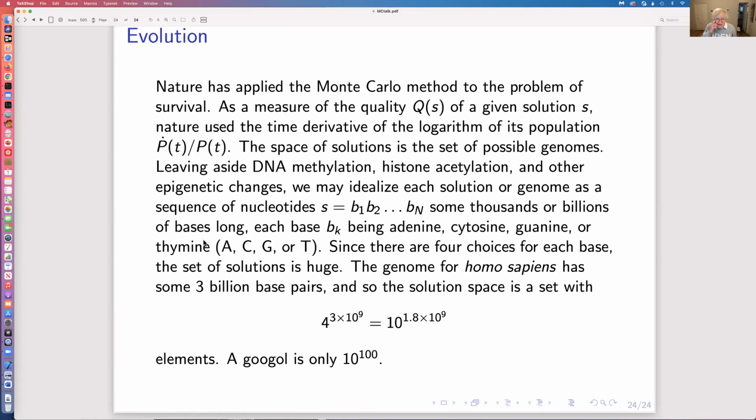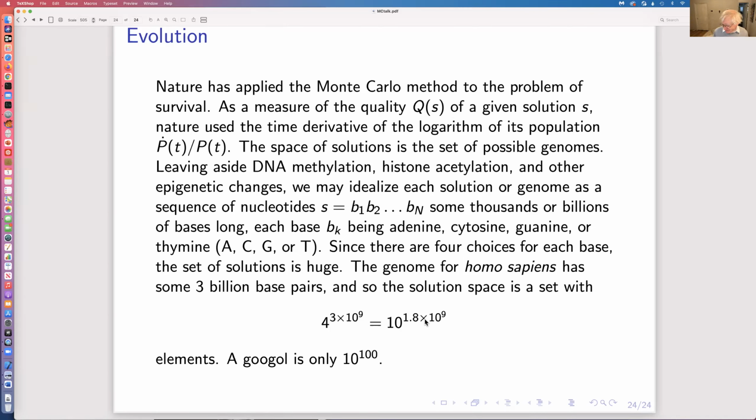Since there are 4 choices for each base, the set of solutions is huge. For humans, the genome has 3 billion base pairs, and so the solution space is a set with 4 raised to the power 3 billion, or 10 to the 1.8 billion. Raised to the power 1.8 billion. This space of solutions is